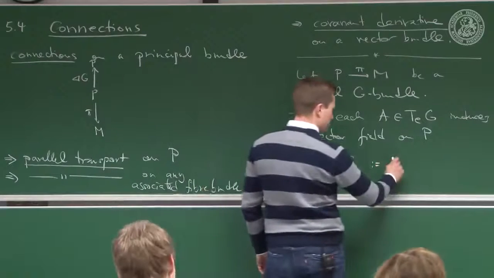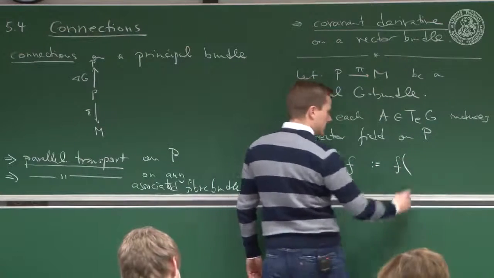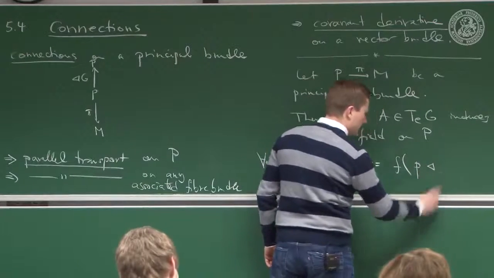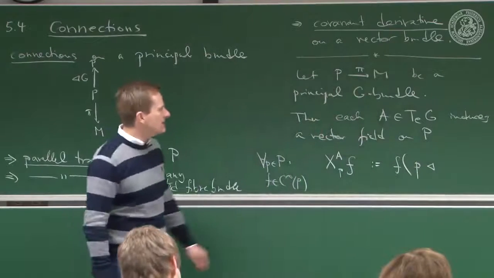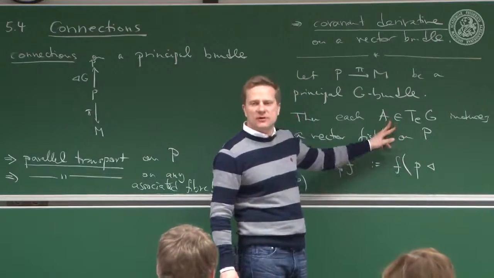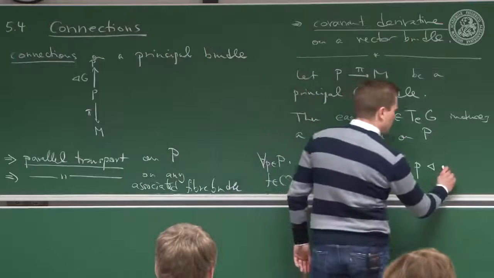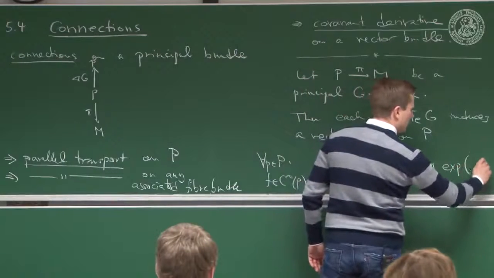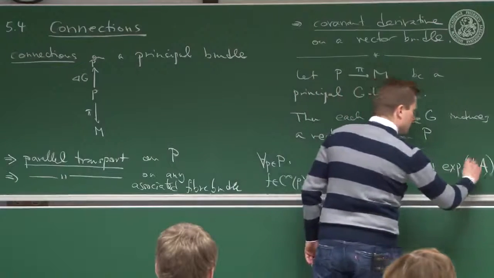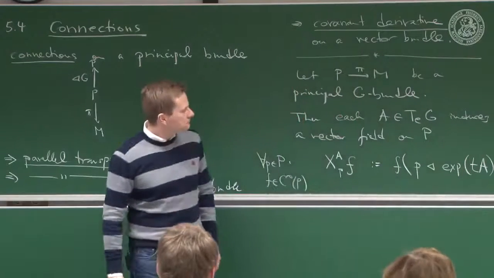This is supposed to be f at the point p, but the point p acted upon from the right. We need a group element that acts from the right, but we just have a Lie algebra element. Of course, we get a group element by exponentiating the Lie algebra element, but we want to look at the entire one parameter